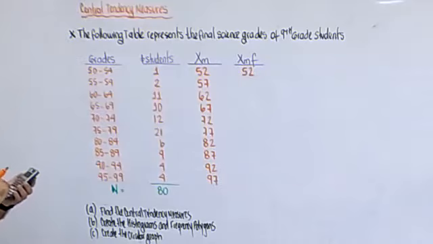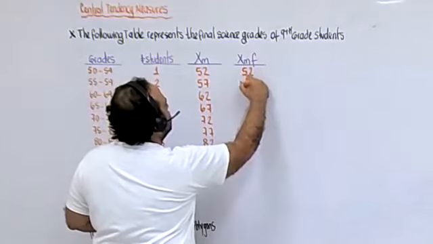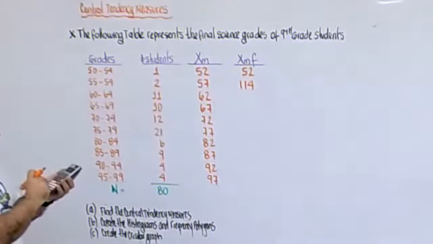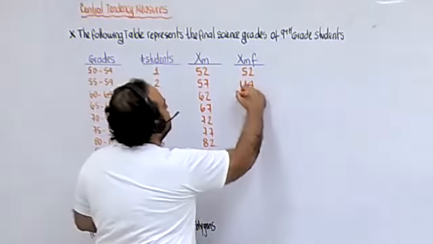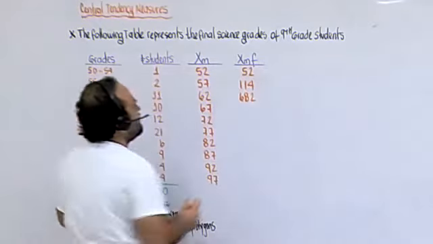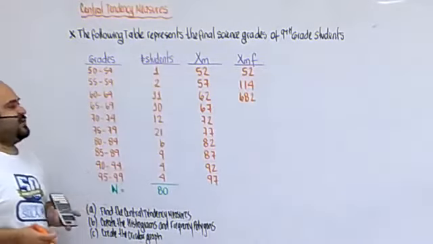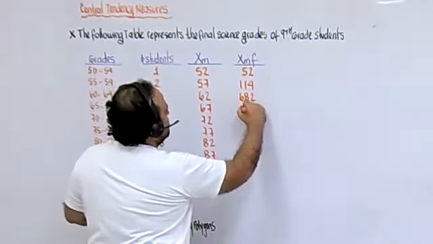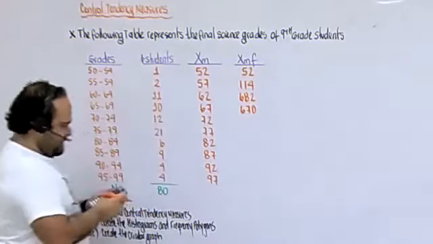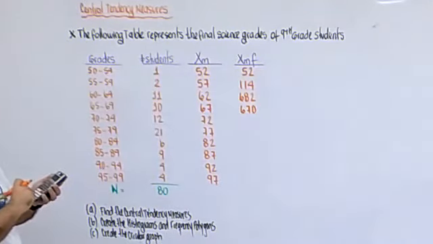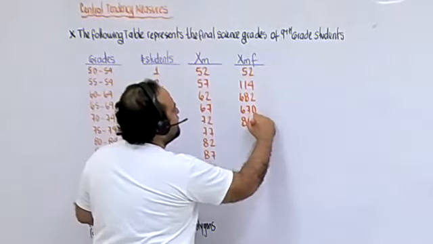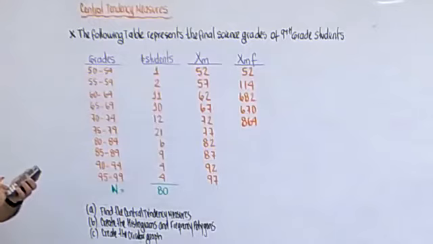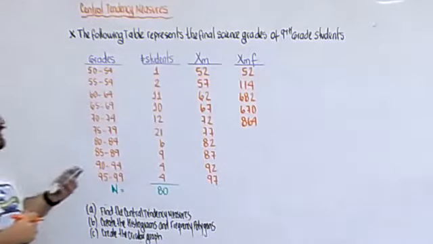The second one, 57 times 2 will be equal to 114. 62 times 11 will be 682. 10 times 67, that will be 670. Okay. 12 times 72, that will be 864. 21 times 77 will be equal